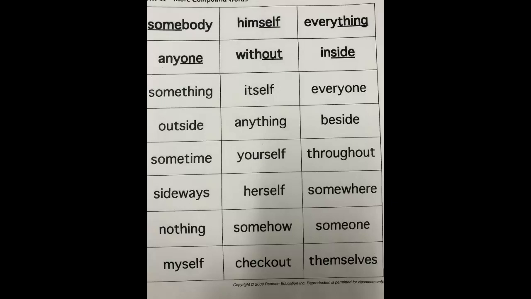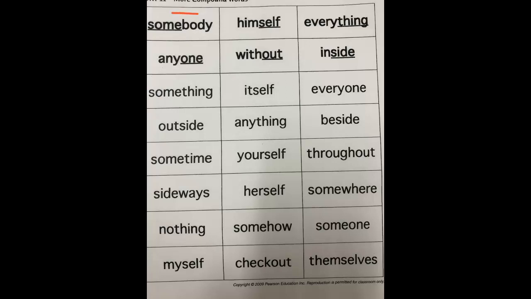Hi, Green Group. You have something similar to last week because you again have compound words, so two words smushed together to make one new word. You will need 6 different colors. You have 6 different patterns. Let's go ahead and grab our first pattern, or first color, and talk about our first pattern.